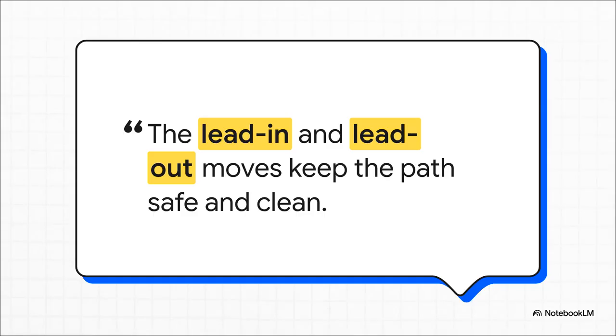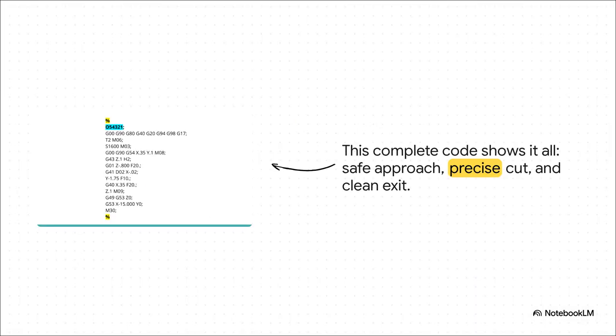So listen, here's the key takeaway. You have to always engage and disengage cutter compensation when you are away from the finished part. This gives the machine's brain the space it needs to figure out the offset path without leaving any ugly marks on your beautiful final surface. So now, when you look at the complete block of code, you can see the whole story unfold. It's short, it's elegant, and it uses all the principles we just talked about. That safe approach, the compensated cut, and the clean exit, to get a flawless result with just a few simple